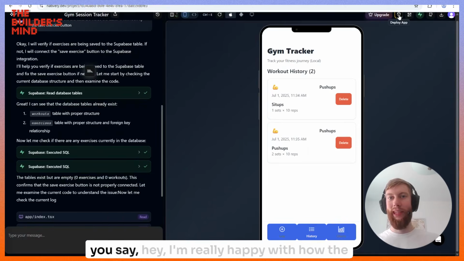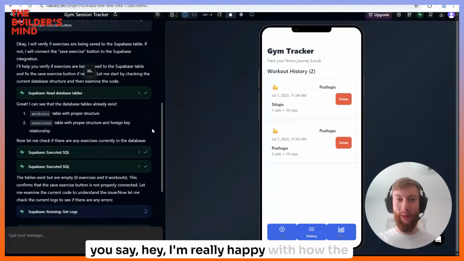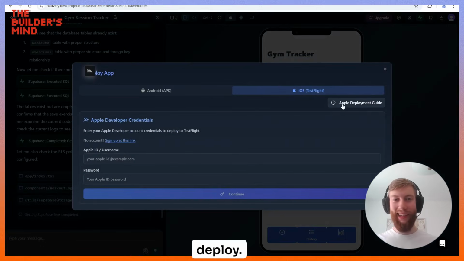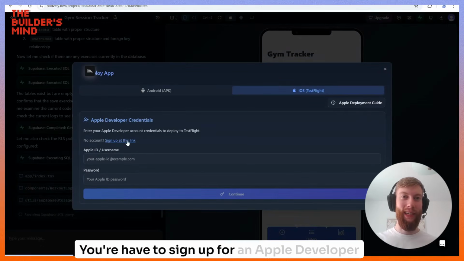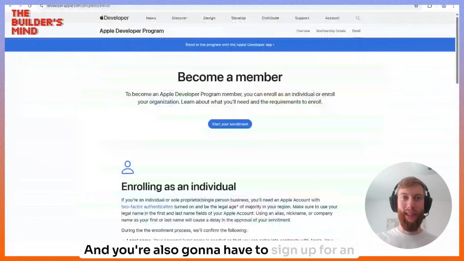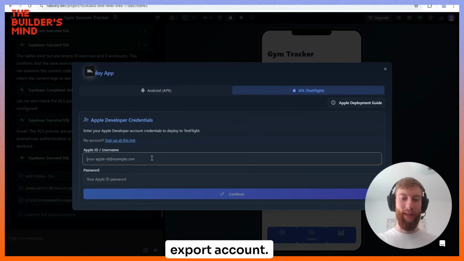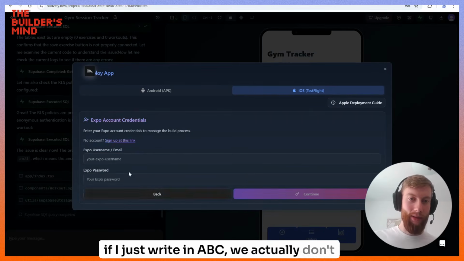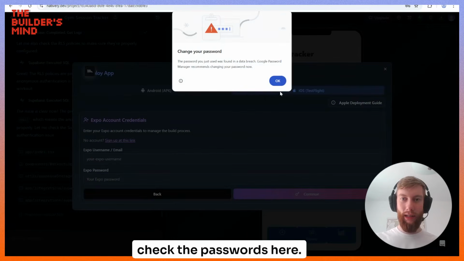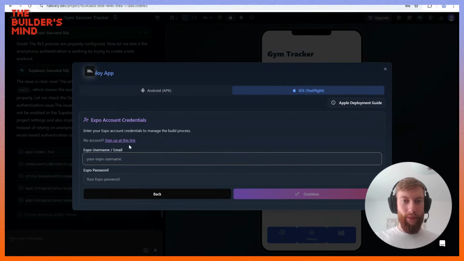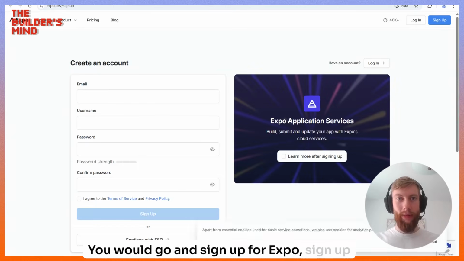Or you say, hey, I'm really happy with how the app turned out. Then you would go up here and press deploy. You're going to have to sign up for an Apple developer account, and you're also going to have to sign up for an Expo account. If I just write in ABC, we actually don't check the passwords here. We check them at a later stage. You would sign up for Expo, sign up for Apple,